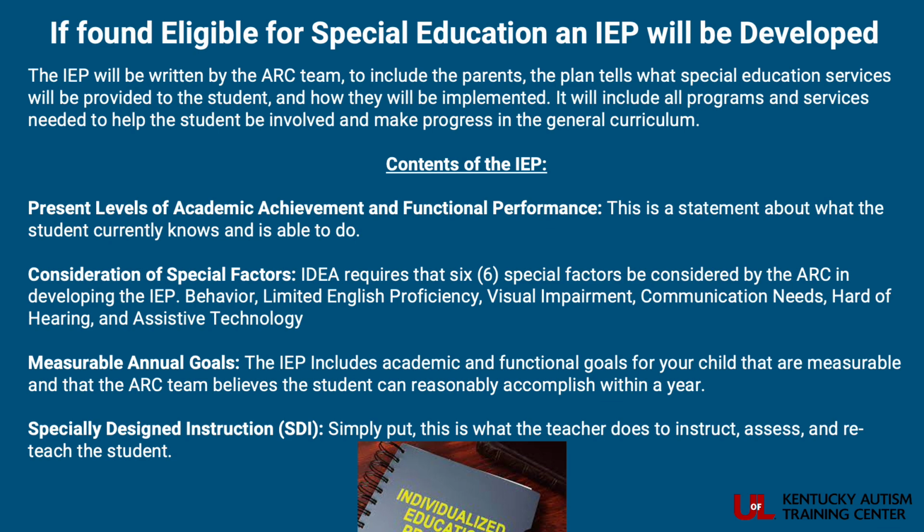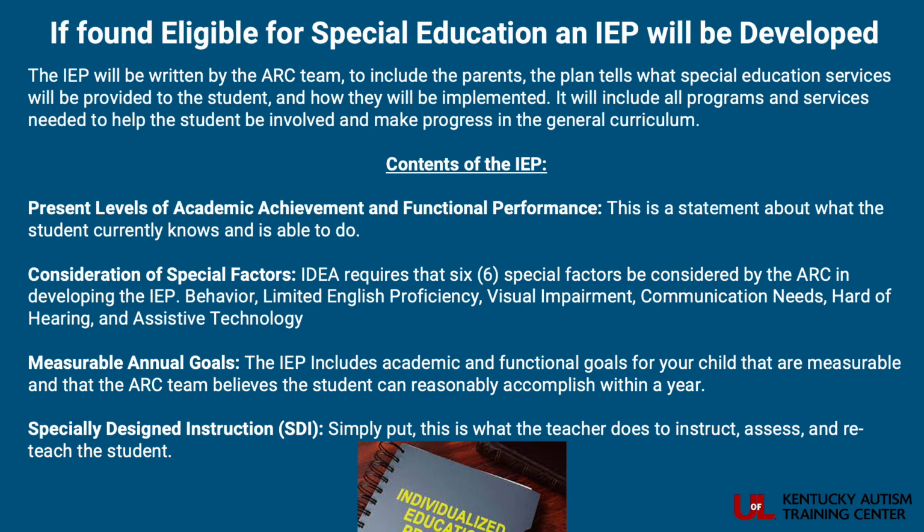This section should highlight the student's relative strengths, where they perform compared to same age peers, what the needs and concerns are, what the baseline data is on those needs and concerns, and how the disability adversely affects the student's involvement and progress in the general curriculum. For students with autism, at a minimum, the areas of communication and social emotional should be addressed as they are part of the student's eligibility.